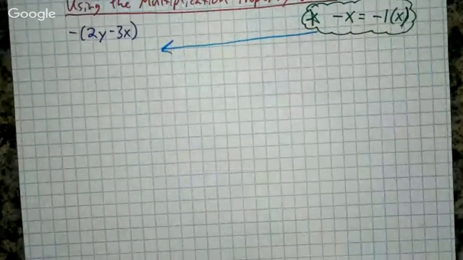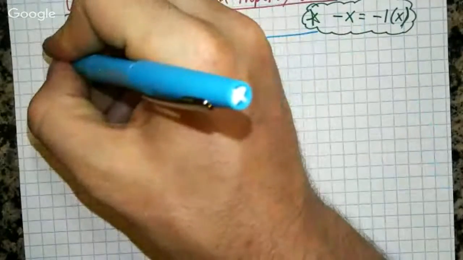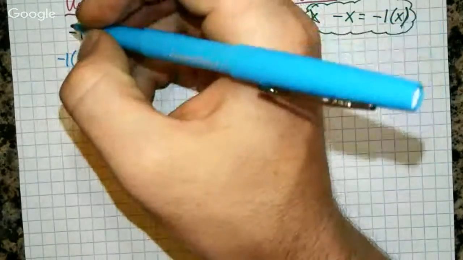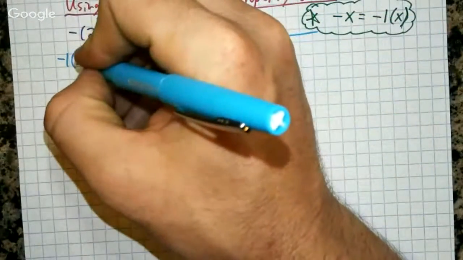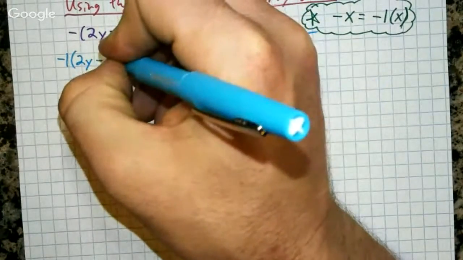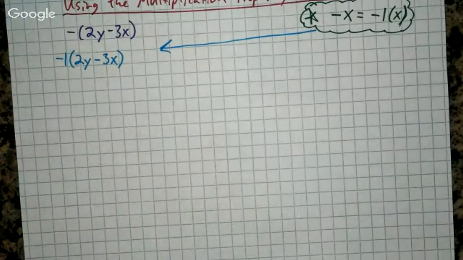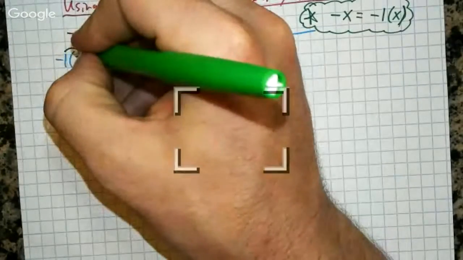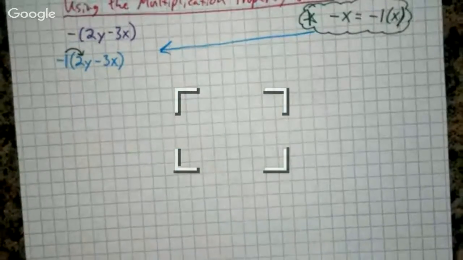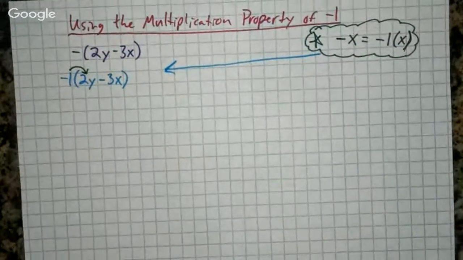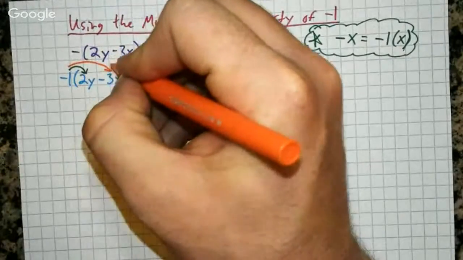It's the same thing. So this negative can become -1 times the quantity of 2y minus 3x. So all we had to do, that negative becomes a -1. Now we use our distributive property. The -1 applies to the 2y, and the -1 applies to the 3x,